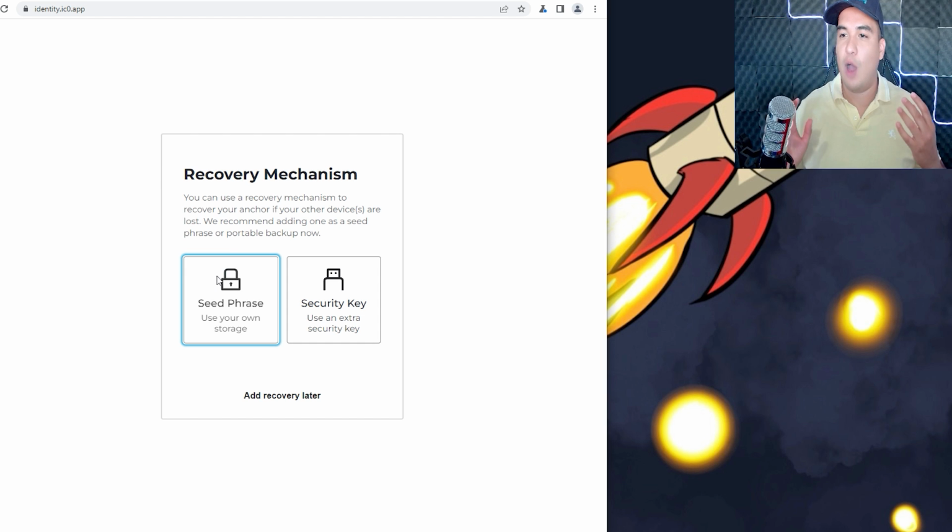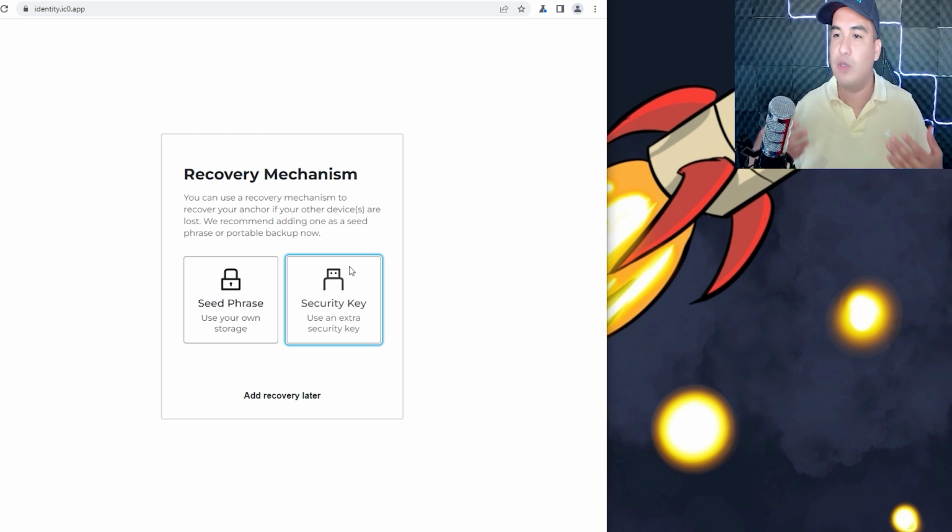A seed phrase is a combination of words that you have to store in a very safe location in order to access your internet identity. So for example, should you lose your device that is anchored to your internet identity, you can recover it using your seed phrase. Should you forget your PIN code or something like that, your fingerprint scanner ceases to work, you break your camera, anything like that, you can always use your seed phrase or security key to restore access to